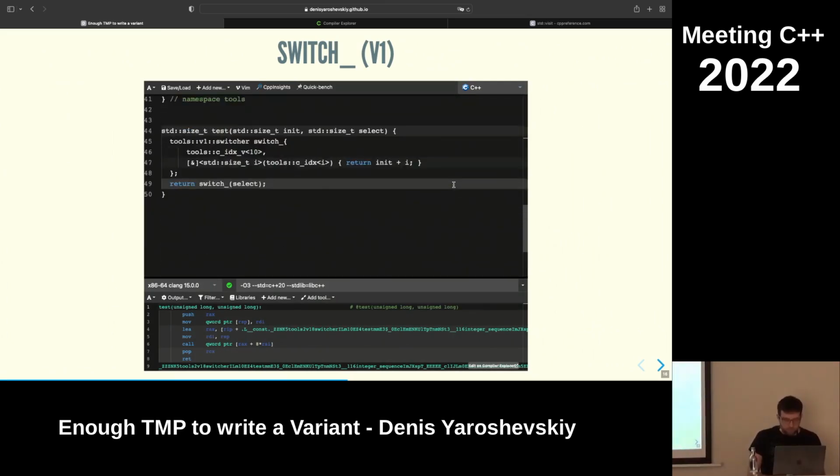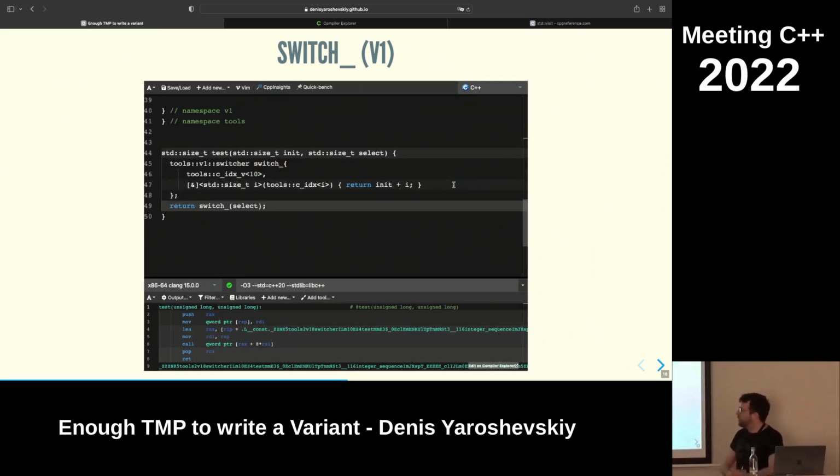Let's first figure out the interface that we're going to have for our switch. Right, you see, I have the switcher class. And switcher class accepts how many cases we have as a compile time parameter, right? I have a parameter here, and it accepts kind of the number of cases at compile time. And then it has a lambda for each of the cases, where the label of the case is accepted as well as compile time parameter.